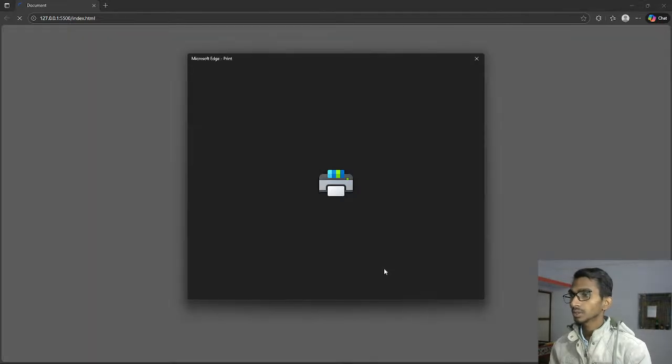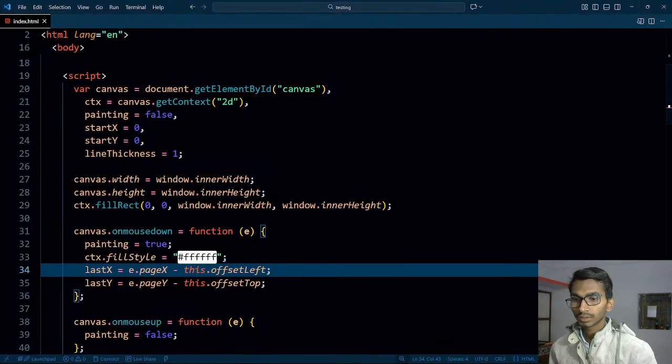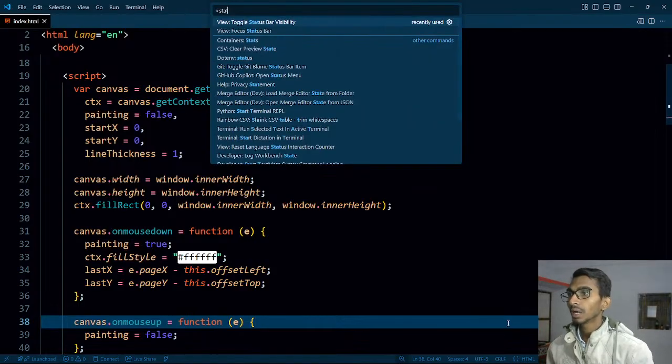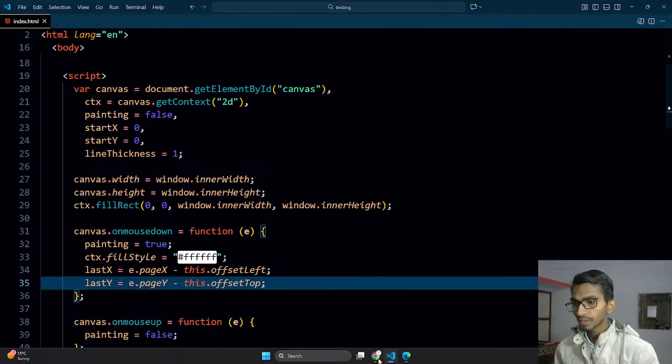And even let's do one thing. State... here we are. Status bar visibility. I will be toggling it for now. This is how it's gonna be done. And there is this thing that